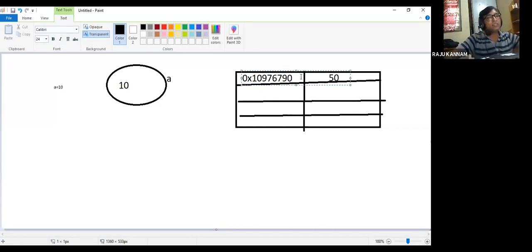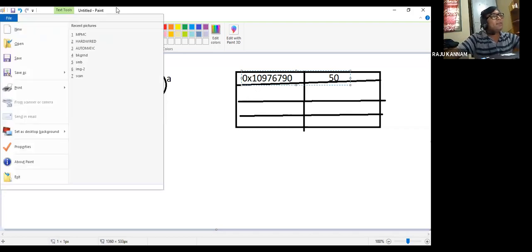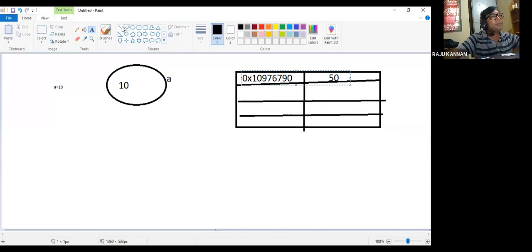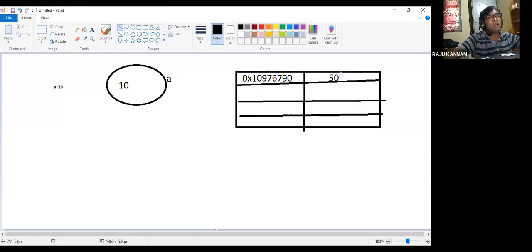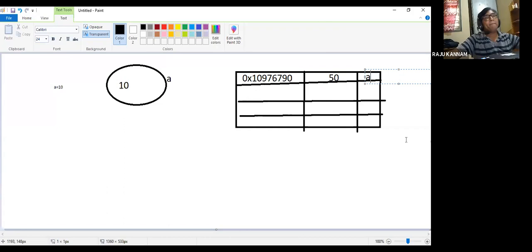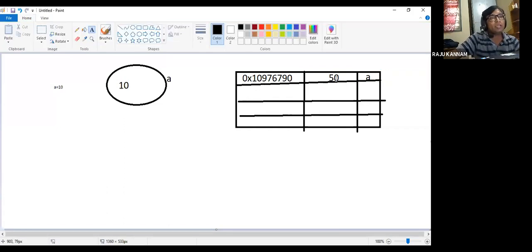Assume this is the memory location where our 50 is stored, and the operating system will remember this particular memory location as a reference called A. This memory location is remembered by the alias name A. That is the meaning of this. This is called an object.